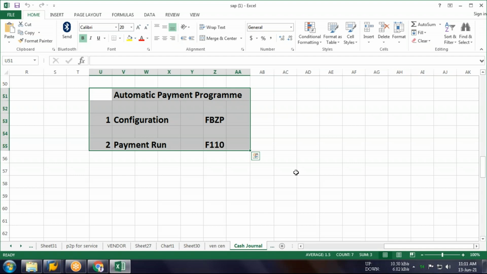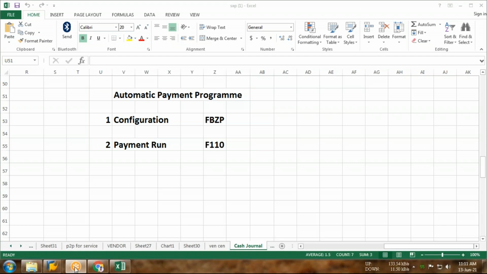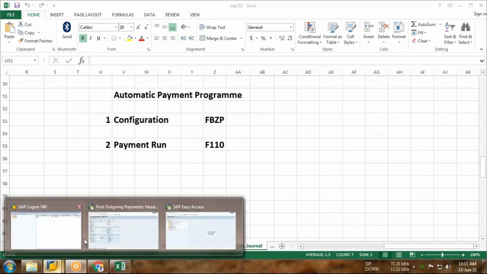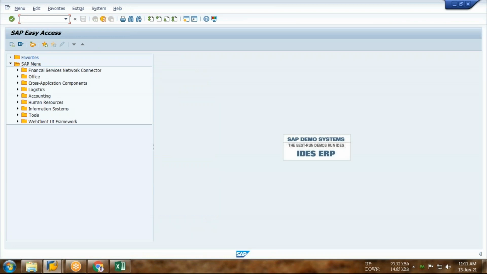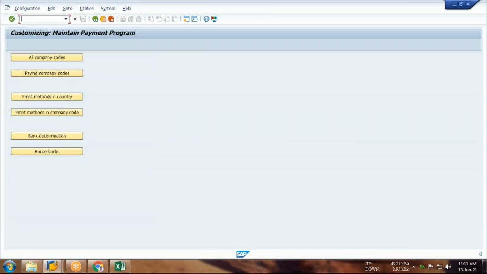Shall I start? Yes, sir. Okay. First, you have to start with what? That is FBZP. Guys, this is the area where we can perform the automatic payment.